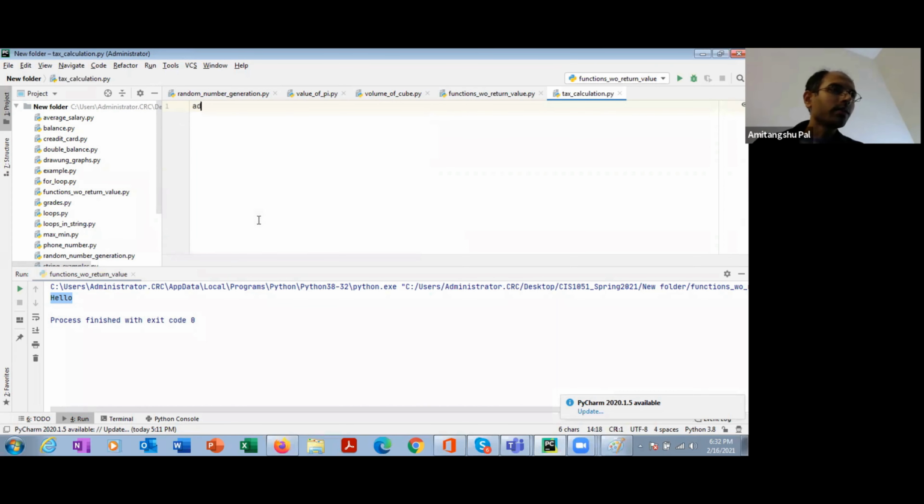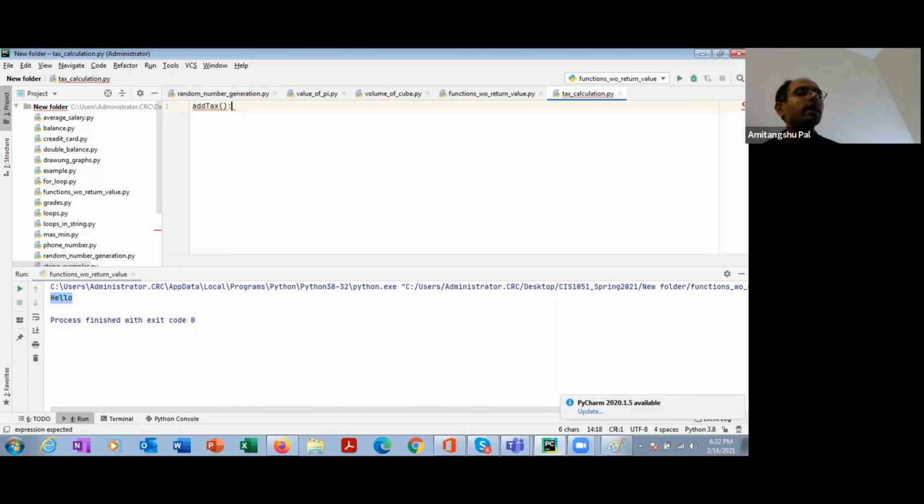So you are defining a function add tax. For calculating the tax of an item, you went to a shop, you have bought something, you want to check how much tax will be added. So what information do you need to calculate a tax? You need the price, and then you need the rate.